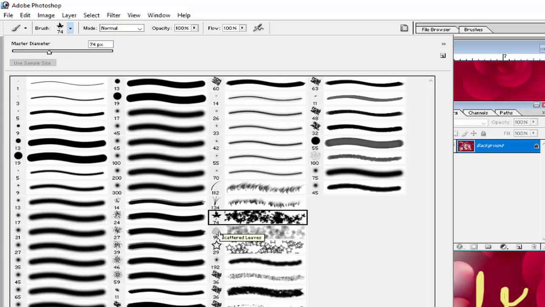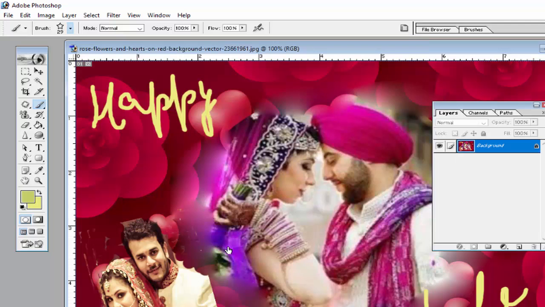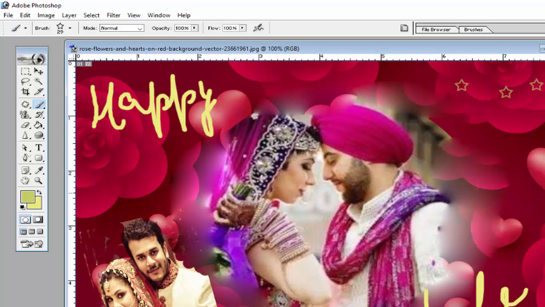I select this option. You can select this star brush, or this type of brush. You can select any type of brush from here and click here like this with the mouse left button to make the image more attractive.